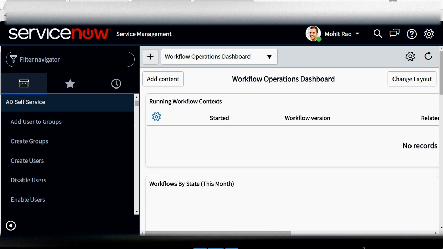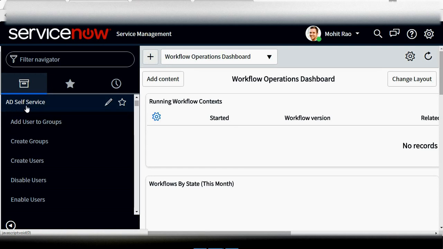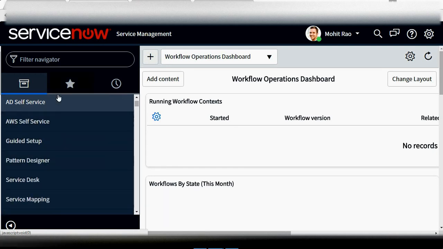As you can see on the screen, I have created a module called AD self-service along with other modules. You may not see this in your ITSM instance because, as I just said, I have created the module for myself. This is a customized module. With that being said, it is very easy to create this module. You don't need to write a single piece of code here. It is all drag and drop and selection. For that, you can go to Studio, go to System Application Studio, and create a new application. Hopefully, I'll take a training session for that also.